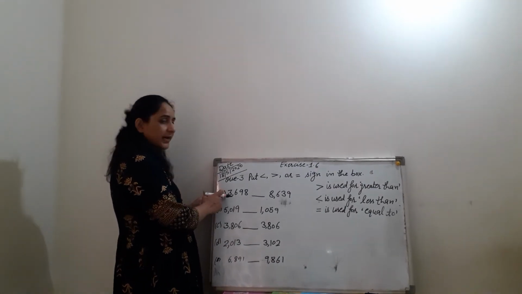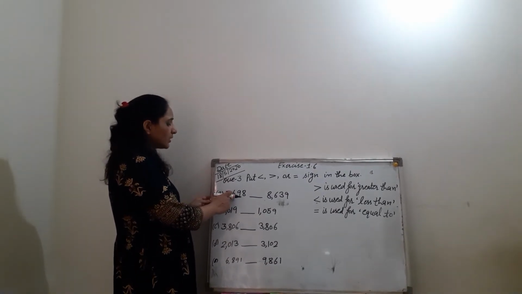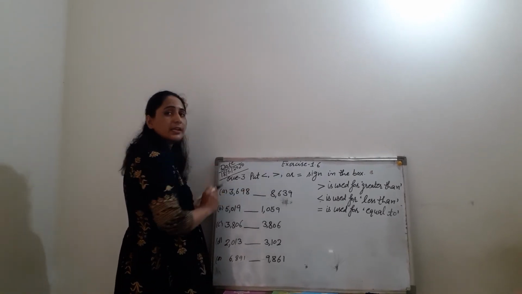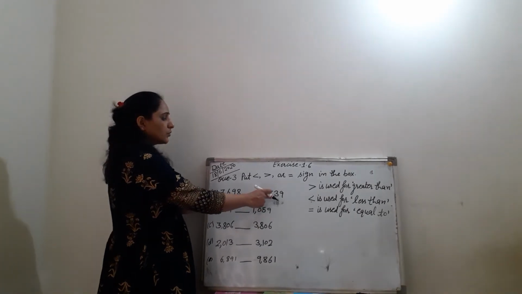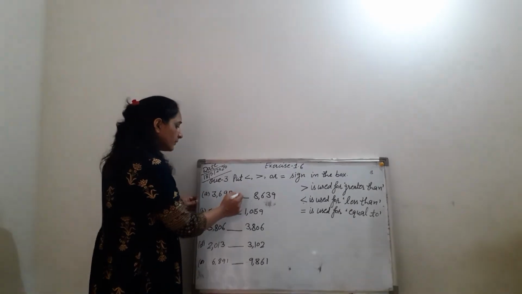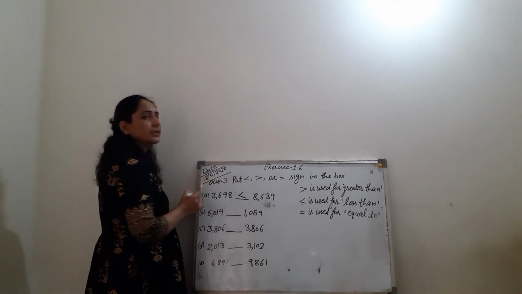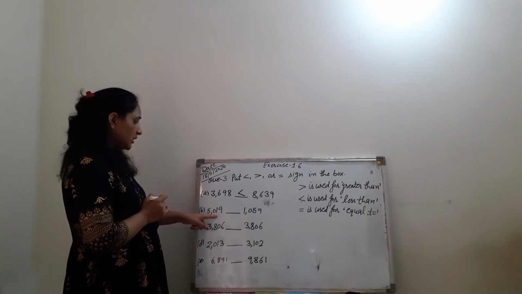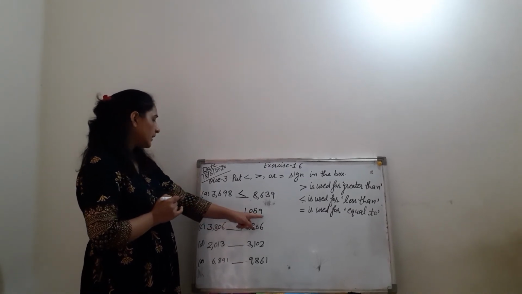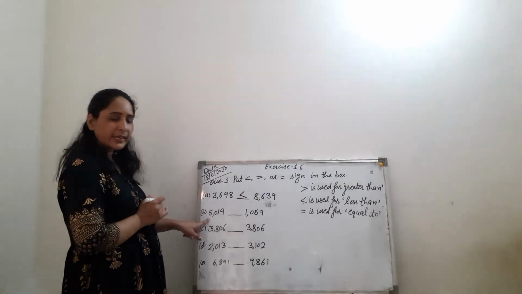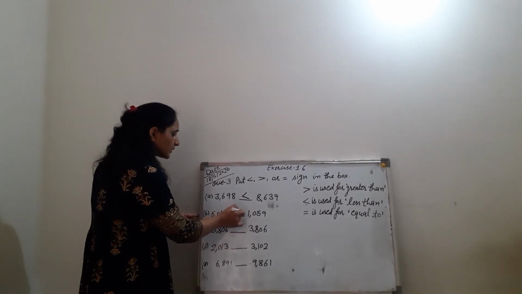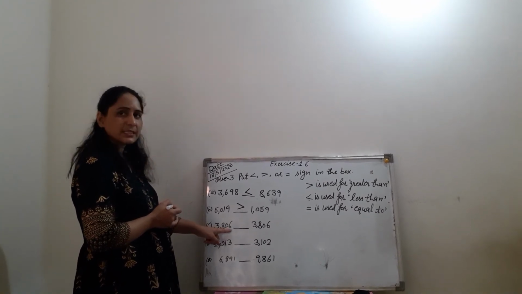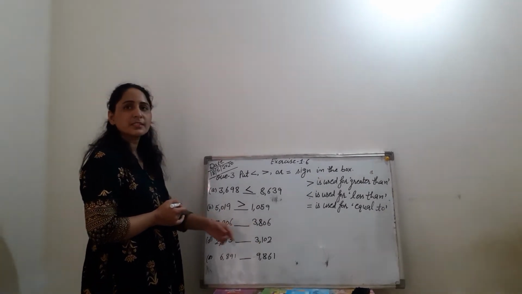Now let's see. Part A, 3698 and 8639. So which is greater? 8639. Clear? So we use this symbol, greater. Clear? Now 5019 and 1059. So 5000 is greater. Clear? So we use the symbol of greater. Now 3806 and 3806. Both are